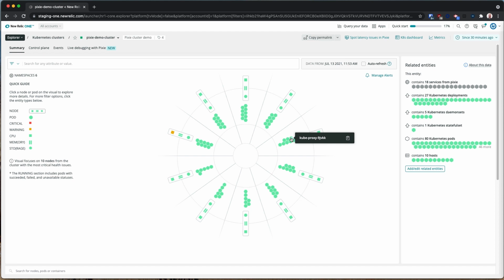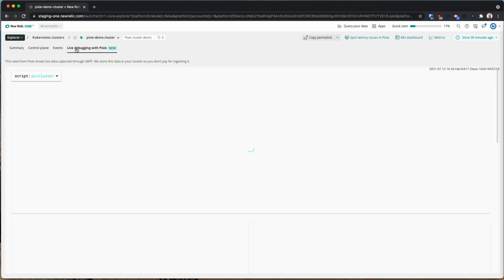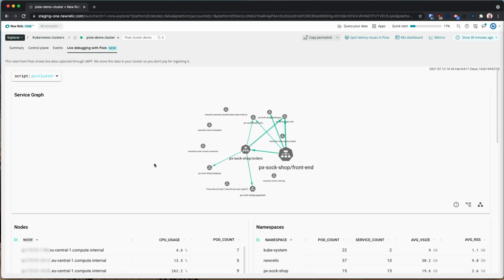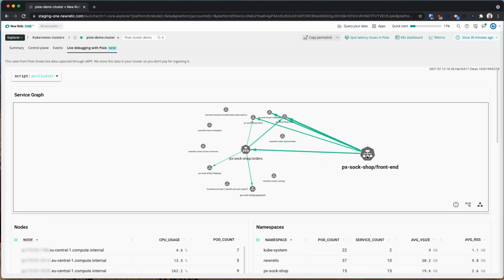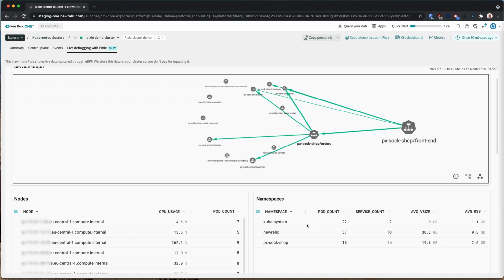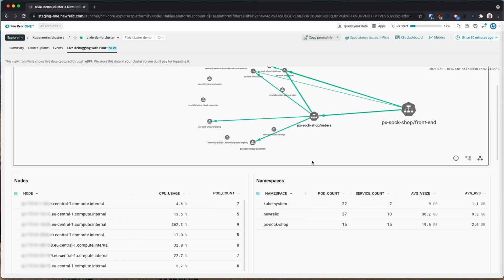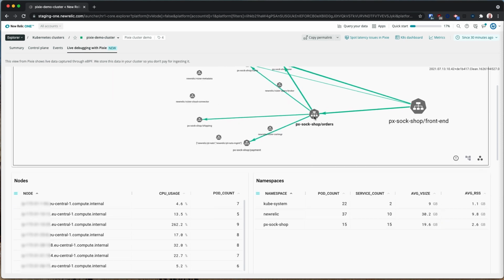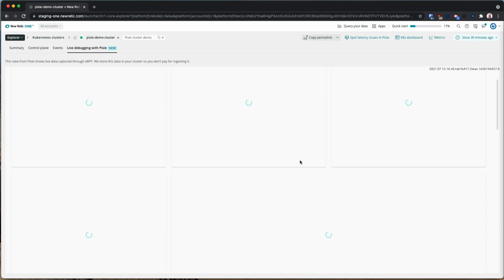It's designed to bring status really quickly to you and a lot of data, including entities, daemon sets, stateful sets, and pods. The integration includes a live debugging feature, which allows us to map and understand the cluster really quickly. We can see the services and the components that are talking to that particular service. You can also see nodal information and the namespaces that contain that information.